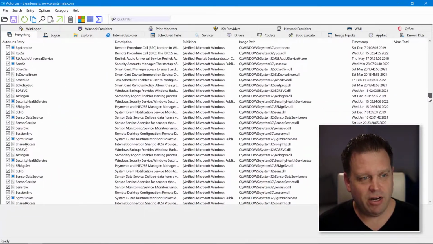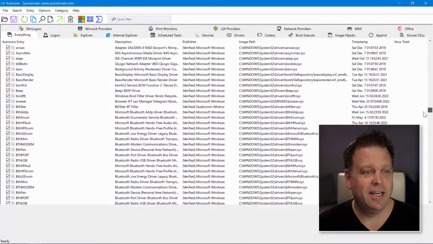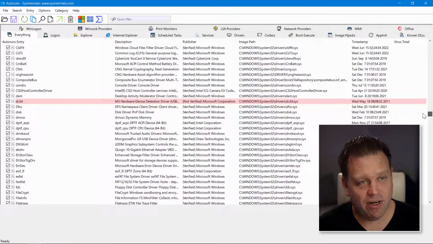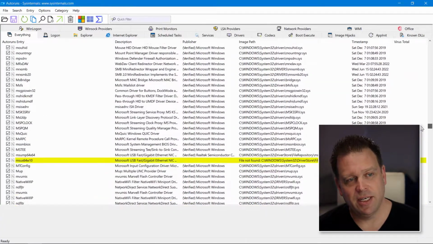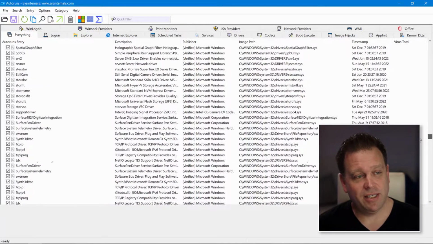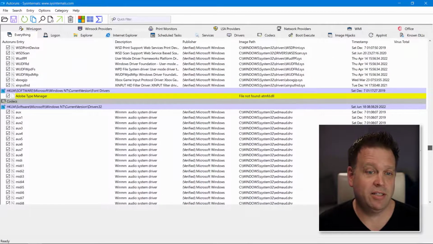And you can see quite a few different items here. It's actually a lot to take in. And here's some more red striped items. These are things that are not verified from the publisher perspective. The yellow highlights are things that haven't been found on the system, so maybe they're part of a process that should initialize, but they can't actually find that library or that process or that file.